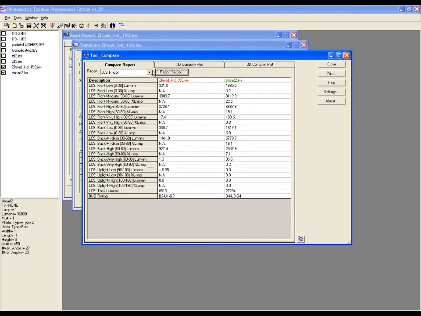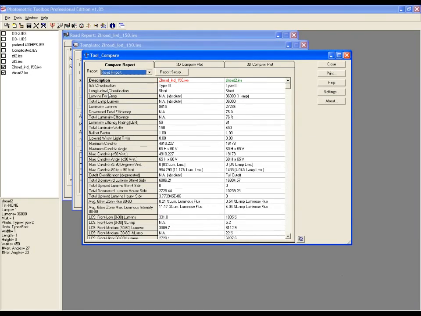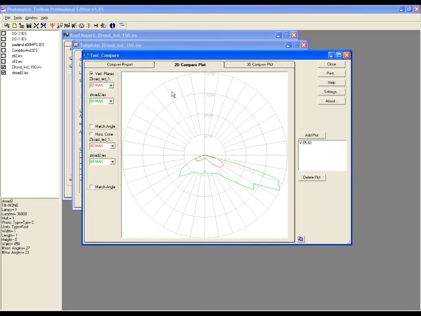And there's also a road report option. And this report includes all the kinds of things that you might be interested in for a roadway type of project. Now, as you've probably noticed, there's some overlap between these reports. The LCS information is included by default in all of them. And as we saw, you can add categories for comparison or remove them, creating a custom report that suits your needs. Here on the 2D Compare tool,